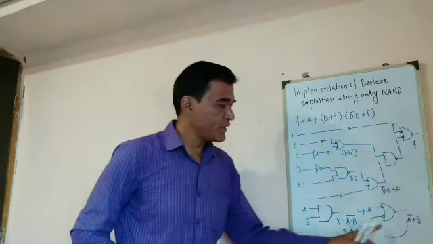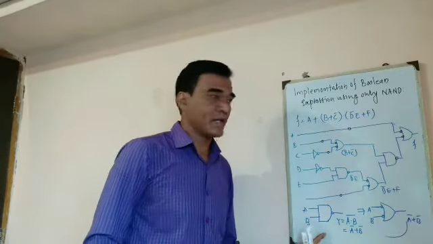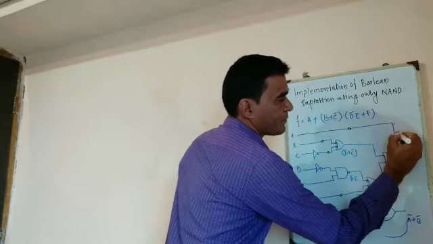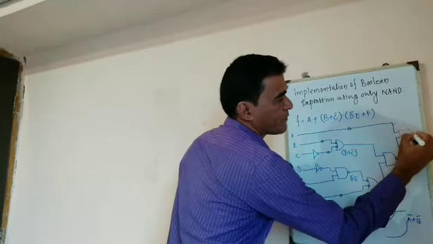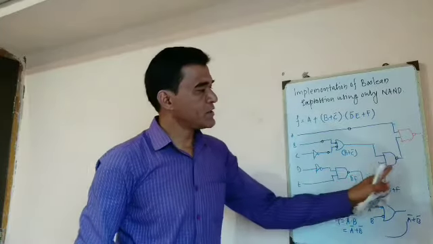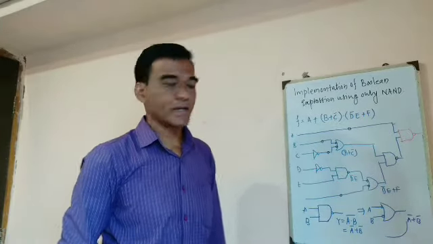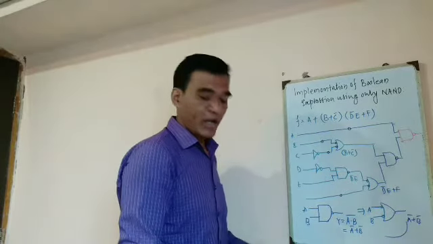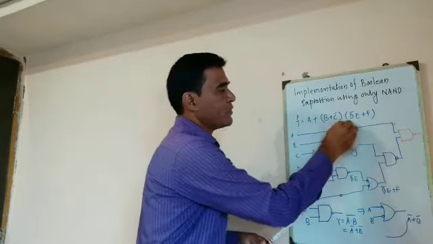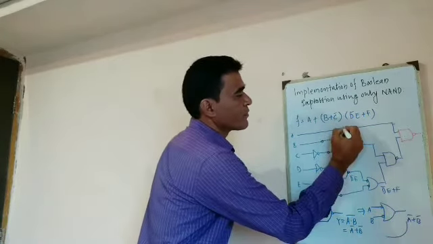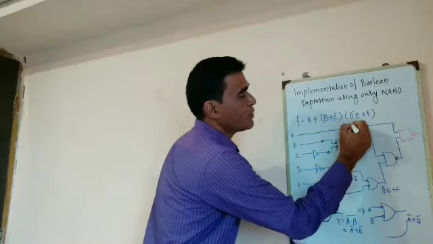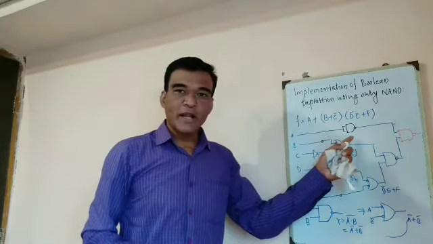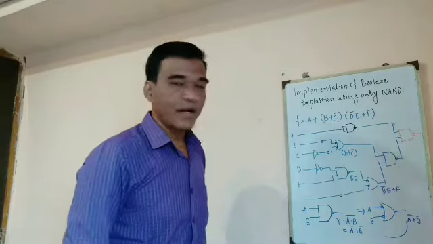Because here the bubbled input OR gate is equivalent to the NAND gate. So therefore I can replace this by using a NAND gate. Now this becomes the NAND gate. This is already a NAND gate, not necessary to replace it. Now what is this? This is the complement, that is nothing but a NOT gate. A NOT gate, again I can replace it by using a NAND gate, and we know that single input NAND gate is equivalent to the NOT gate, right? This NOT gate is replaced by the single input NAND gate.